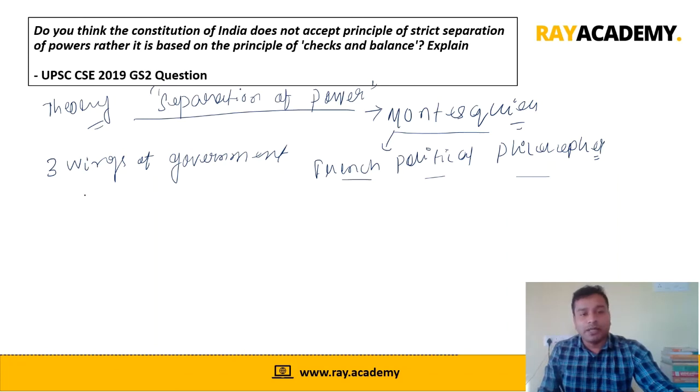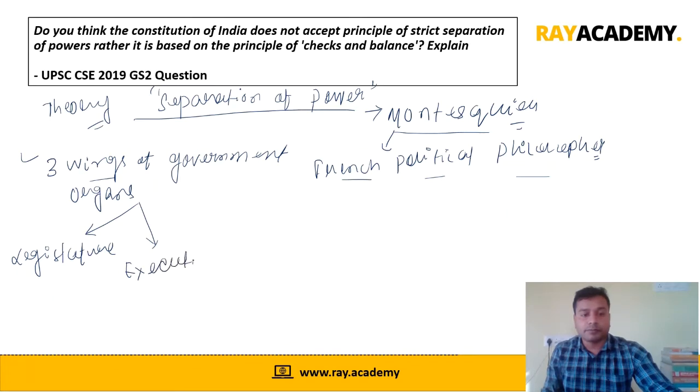Three wings of the government or three organs of the government. The theory says Montesquieu proposed that the three wings of the government, which are legislature, executive, and judiciary,